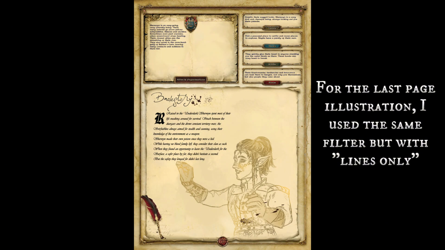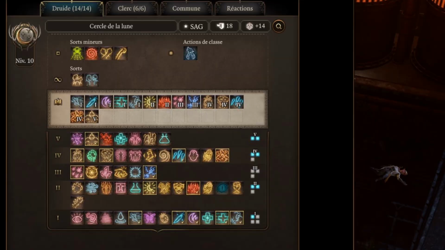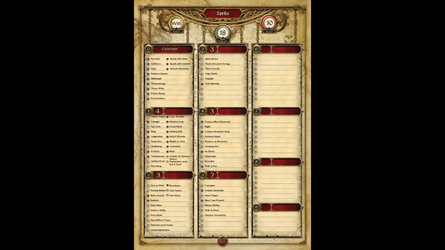As this was a thief, they had no spell slots, but for spells you can go to your spellbook to write down the names of the spells in the right level category, as well as adding some gems to say whether you have them prepared or not.